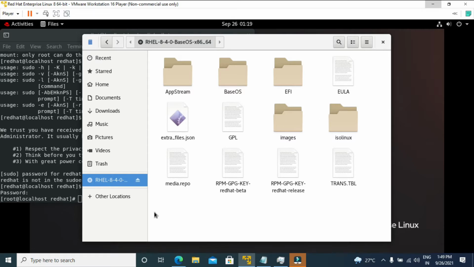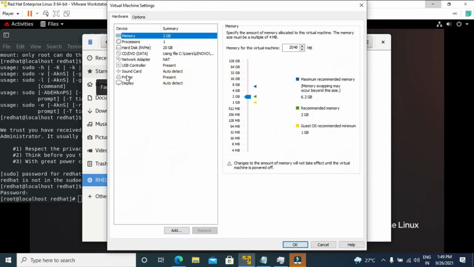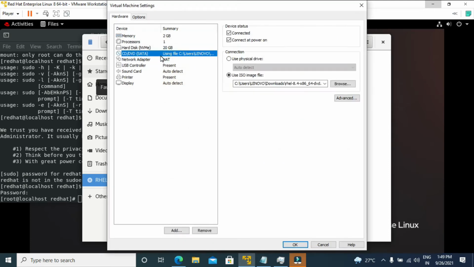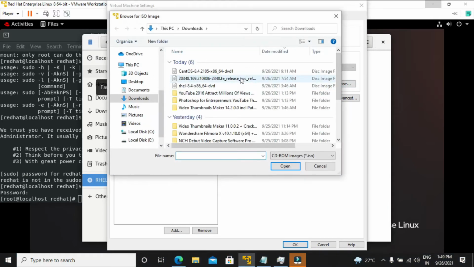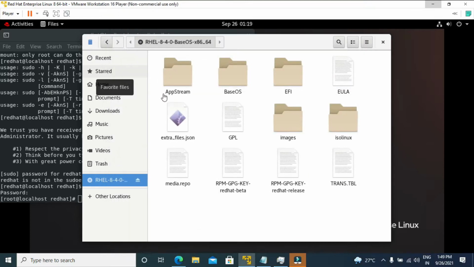After installation, if you want to do this in VMware Workstation, I'm showing it from here. Go to the Manage section, and from there Virtual Machine Settings. Select the CD/DVD, and select the ISO image file that you stored for your DVD. I have stored it here, so I selected this one. Just click OK, and this pop-up comes up. From the ISO you can create your own local repository.